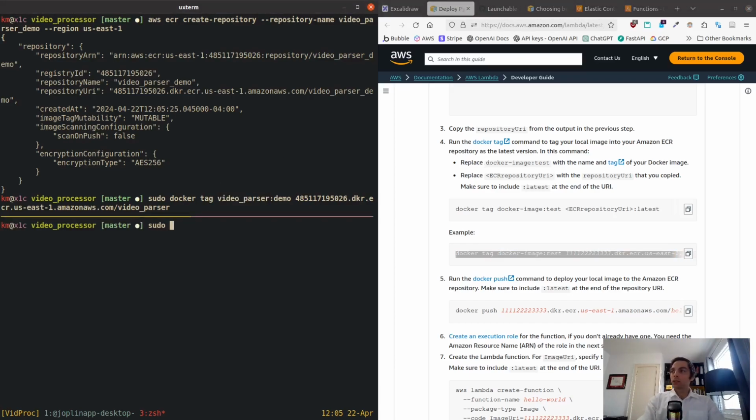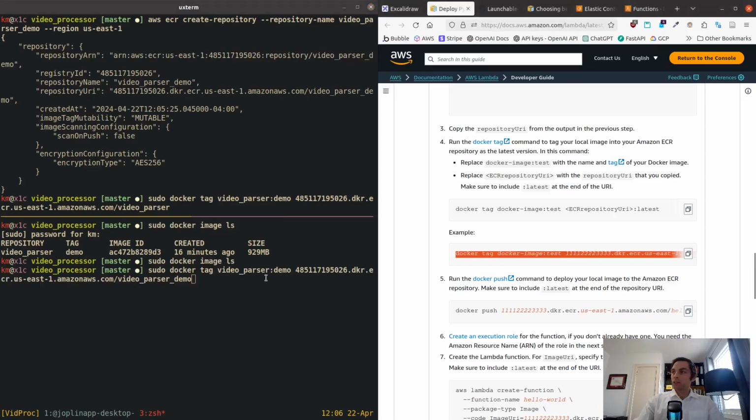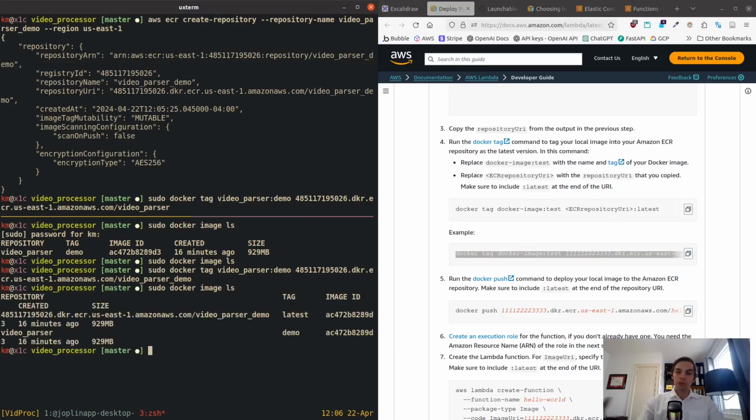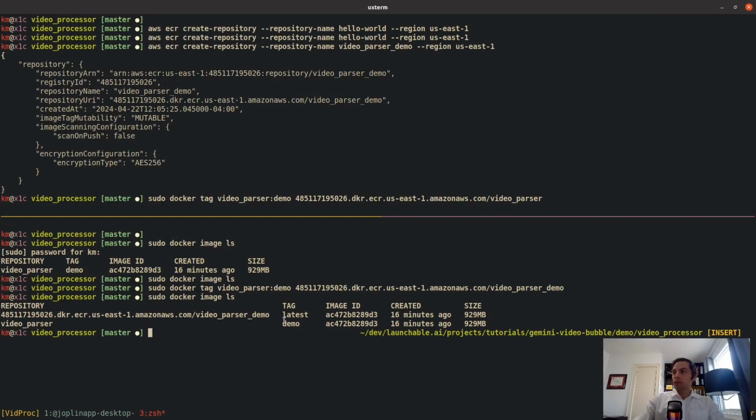And just to show you that, if I run this, then here's our local repository, the local name of our image. And here's the tag demo. So now we want to tag that image with our repository URI, which looks like this. And so if we run this and then we relist our Docker images, we can see here now we have